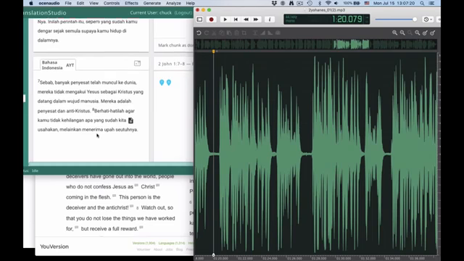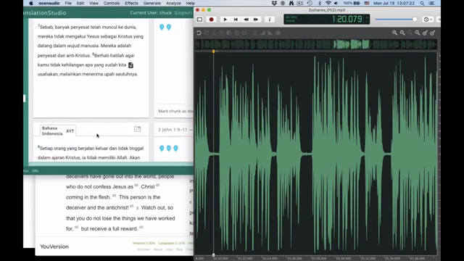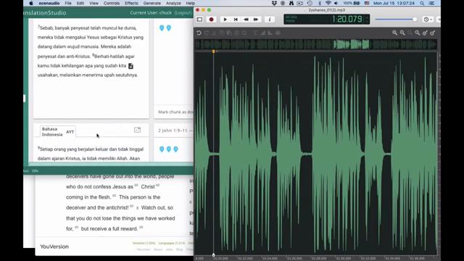Berhati-hatilah agar kamu tidak kehilangan apa yang sudah kita usahakan, melainkan menerima upah seutuhnya. Setiap orang yang berjalan